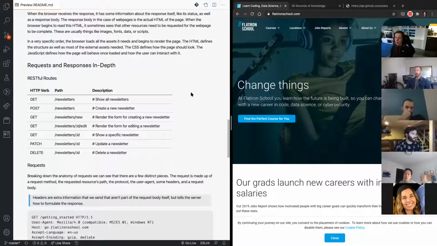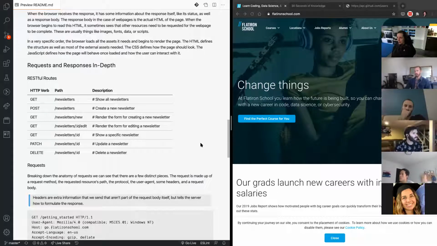So the different types of requests that we can make, the different types of HTTP verbs that we can use, are get, post, patch, delete, and there's another one. Patch and put are both for updating some kind of resource. They're really similar. There's a small difference between patch and put. Put will replace your entire resource. With patch, you're able to change a particular thing about a resource without having to replace it completely.